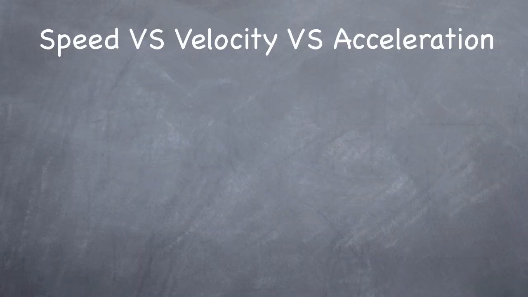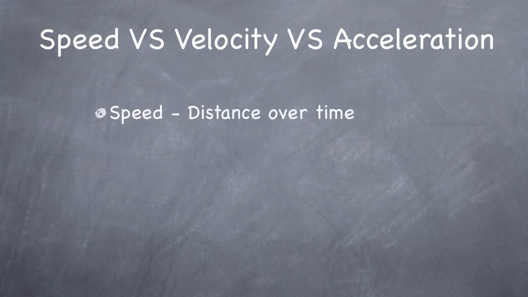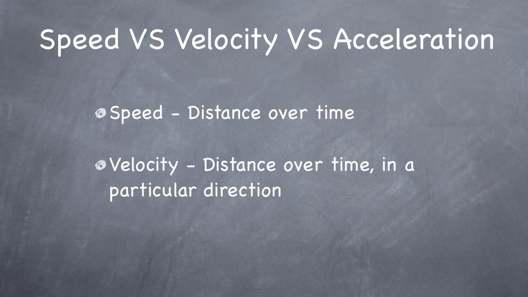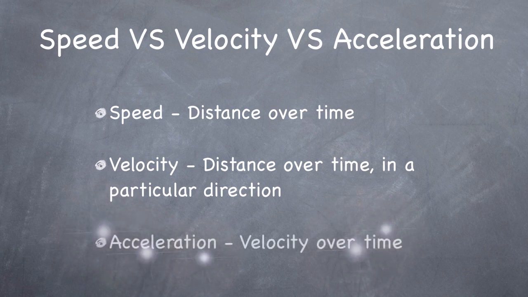Alright guys, to start off, let's clear up our definitions of speed, velocity, and acceleration. Speed is the distance you travel over time, like 5 miles per hour. Velocity is also distance over time, but technically it contains a directional component in physics and calculus. But for our discussion, we're kind of going to use them interchangeably. It's kind of the same thing.